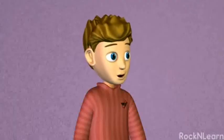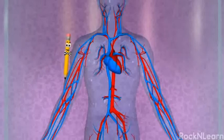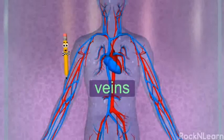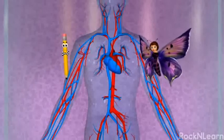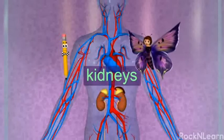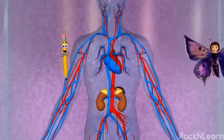Are there any other parts of the circulatory system? I'm glad you asked. The arteries and veins are tube-like vessels. Arteries take blood from the heart, and veins bring blood back to the heart. And each time the blood circulates from the heart out to the body, about 20% of it goes through the kidneys. The kidneys filter out some of the waste before the blood heads back to the heart. The kidneys are actually part of the